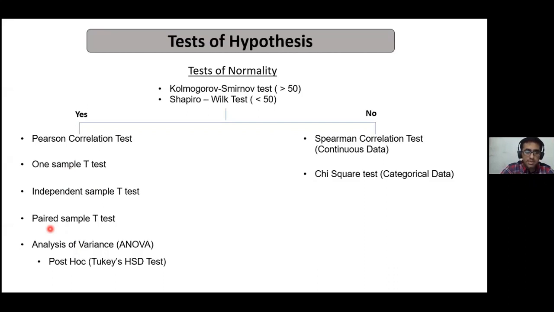A beautiful example for paired sample t-test is, for example, there is a group of 10 people, and you see what was the weight before the medicine was given to them, and then you test them again and test the weight after the medicine was given, and then you see was there any change in their mean weight after the medicine and before the medicine was given. So these are simple tests that we use. Then we move to analysis of covariance.